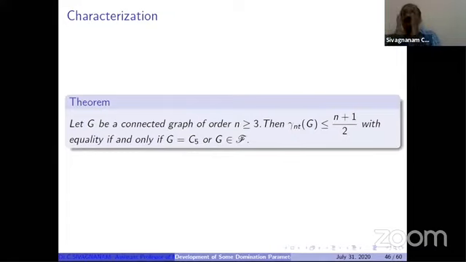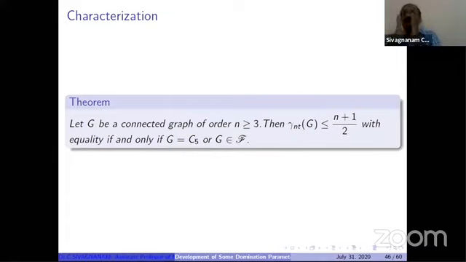Next, we are thinking about when it is n by 2. In the n by 2 case also, I am taking one condition: G not equal to C5, because for C5 it is already n plus 1 by 2. Let G be a connected graph of order n greater than or equal to 3 with minimum degree greater than or equal to 2. This is another condition I am taking. Then gamma nt of G is less than or equal to n by 2, with equality if and only if